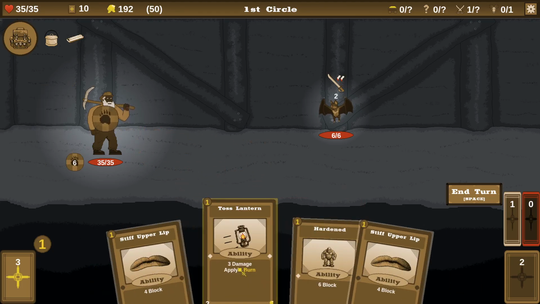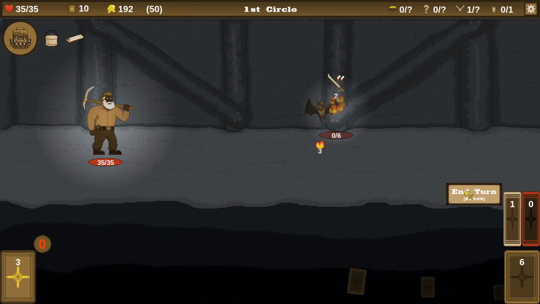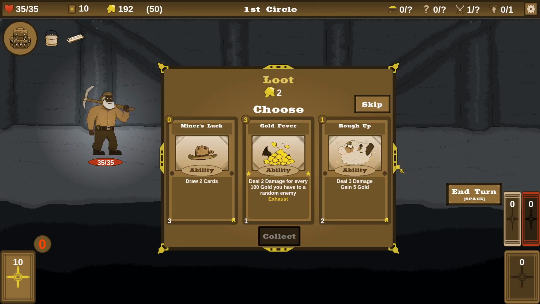But I don't think we can kill this guy this turn, but we're going to throw a lantern at him and give him some fire, and he's going to die by the fire. That was actually kind of loud. I hope the desktop audio... I haven't recorded a video in a long time, but...